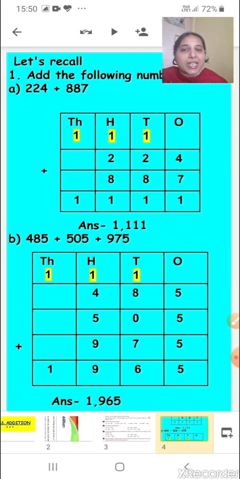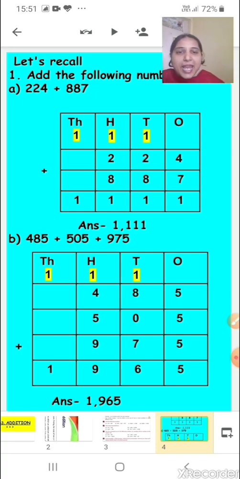Then accordingly we will place these numbers in their respective places, and we always start adding from the digits at the ones place. Okay, so what are the digits at the ones place? 5, 5 and 5. So after adding, what will we get? 15. So 15 is a 2-digit number. So there we will write 5 and the other 1 will be carried over to the digit at the tens place.